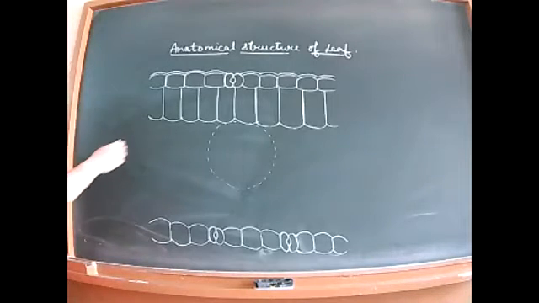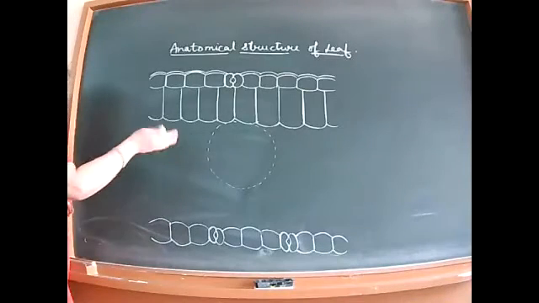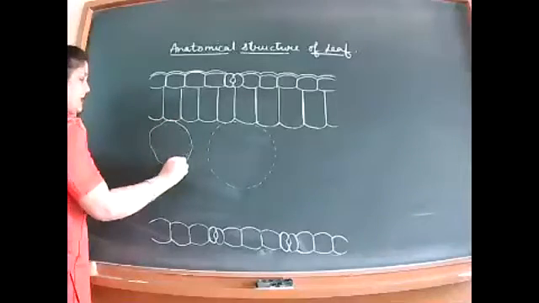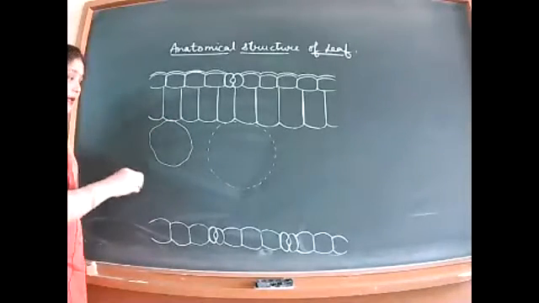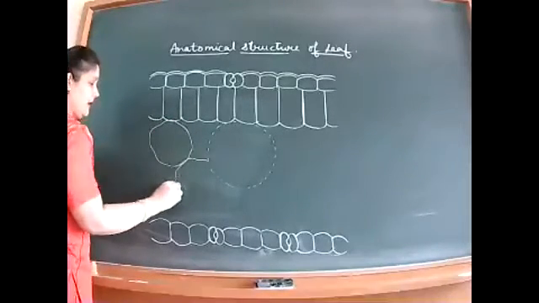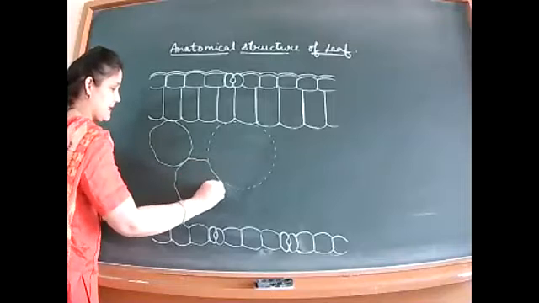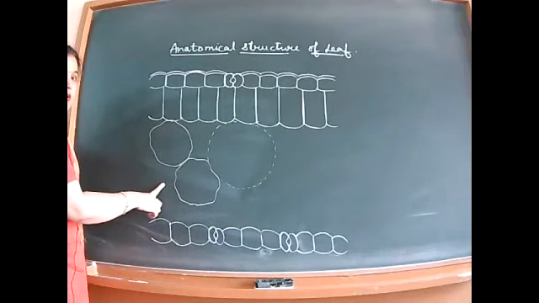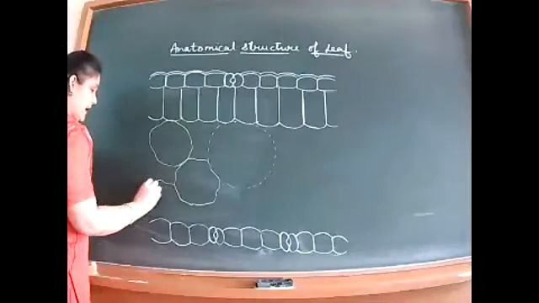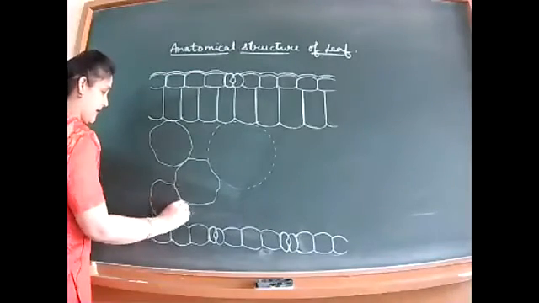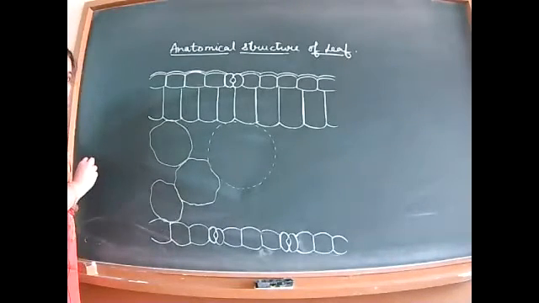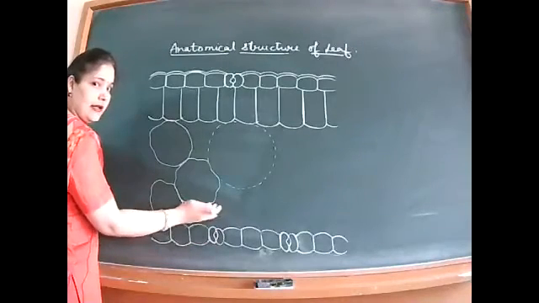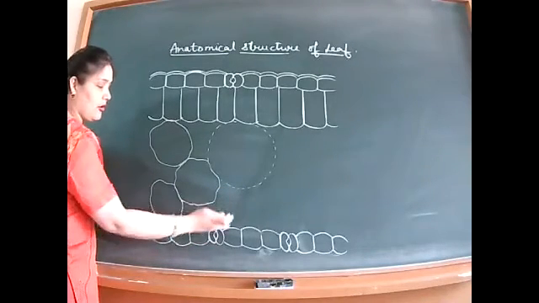Done. Now towards the lower epidermis, there is an arrangement of big, irregularly shaped, irregularly placed cells, leaving big spaces in between that are called intercellular spaces. Here also you have to keep one thing in mind while drawing the spongy parenchyma: you will not block the stomata here as well.